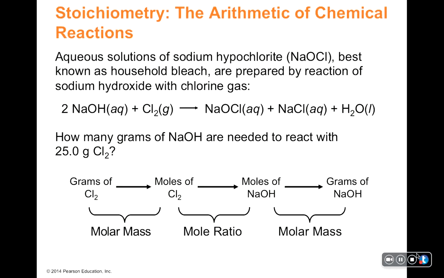gas. So again, as you're looking at these equations, it's also important that you're able to write out the equations given the words. So we've got sodium hydroxide and chlorine gas. Chlorine is one of those that's a diatomic when it's in its gaseous free state. And we are preparing that sodium hypochlorite. Actually, in this problem, you wouldn't be able to predict all of the things because you're not given everything as a product. But anyway, the question here: how many grams of sodium hydroxide are needed to react with 25 grams